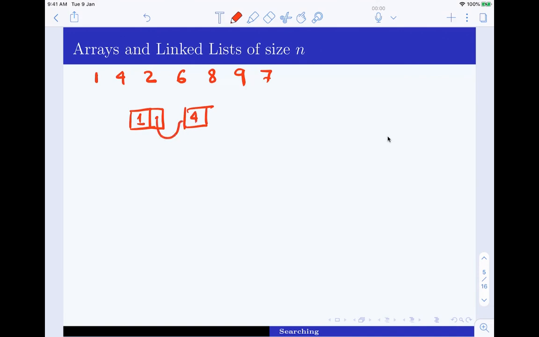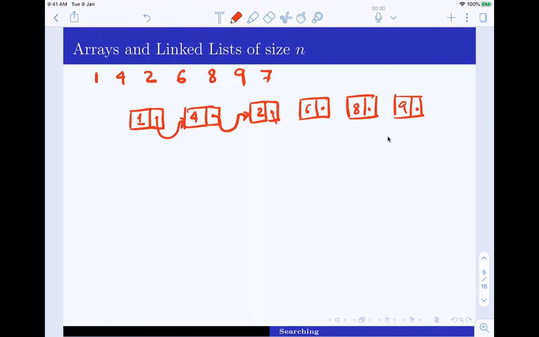So this is an address to where the next number is present. Similarly, along with 4 there is a register that contains another address that points to the next number, say 2, and likewise I can define 6, 8, 9